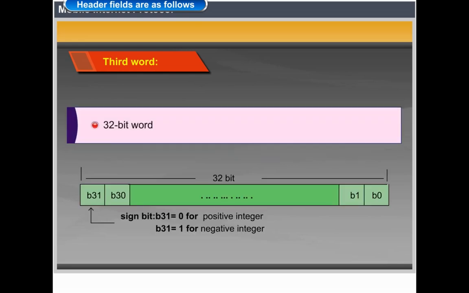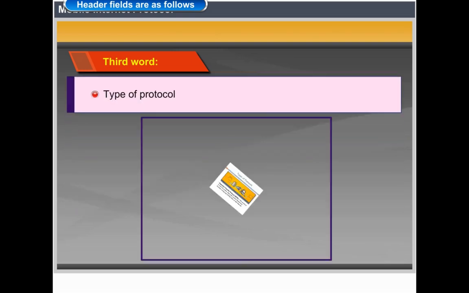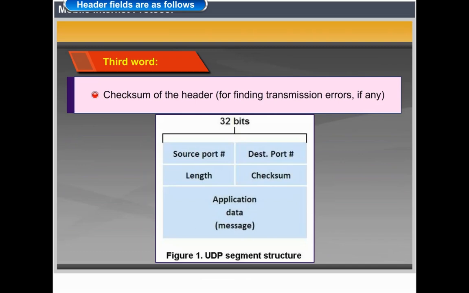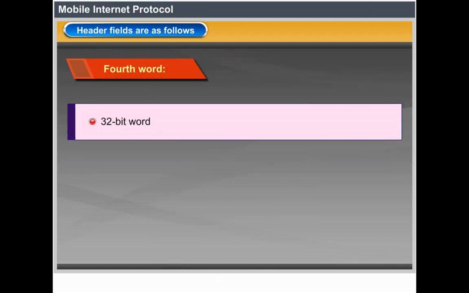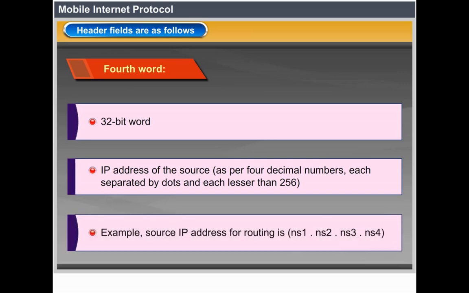Third word: 32-bit word. Time to live, not in seconds but in number of attempts to hop before expiry of packets in the network. Type of protocol. Checksum of the header for finding transmission errors, if any. Fourth word: 32-bit word. IP address of the source as per 4 decimal numbers, each separated by dots and each lesser than 256. Example: source IP address for routing is